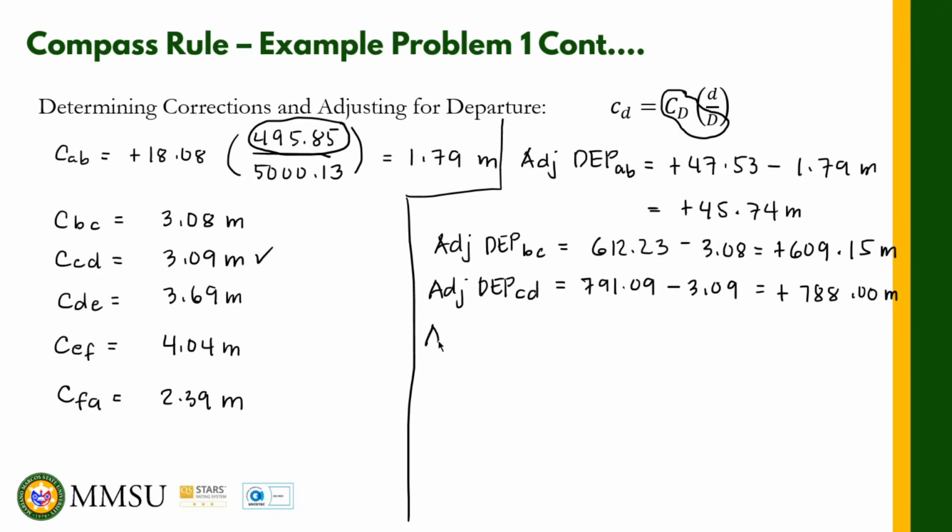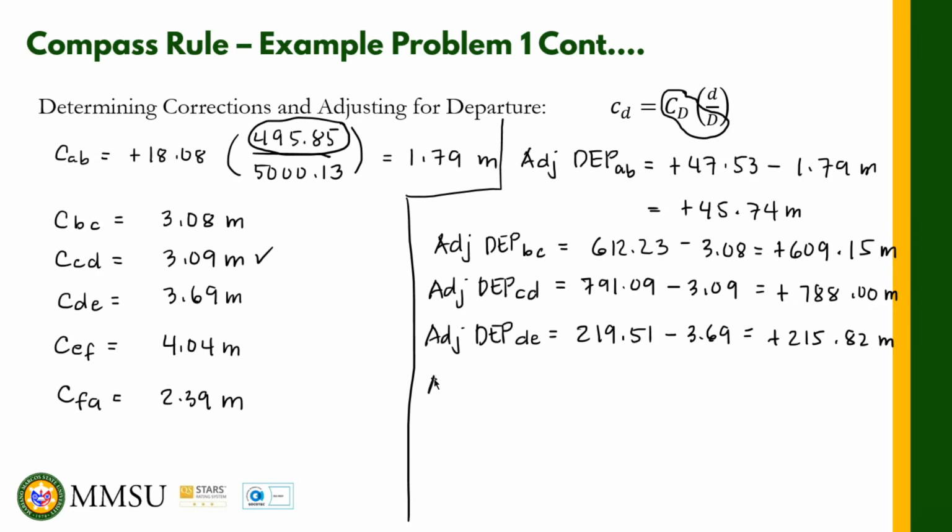Okay, and then adjusted departure for DE. We have the original departure is 219.51. I-minus natin yung correction na 3.69. Ito na ngayon ay magiging positive 215.82